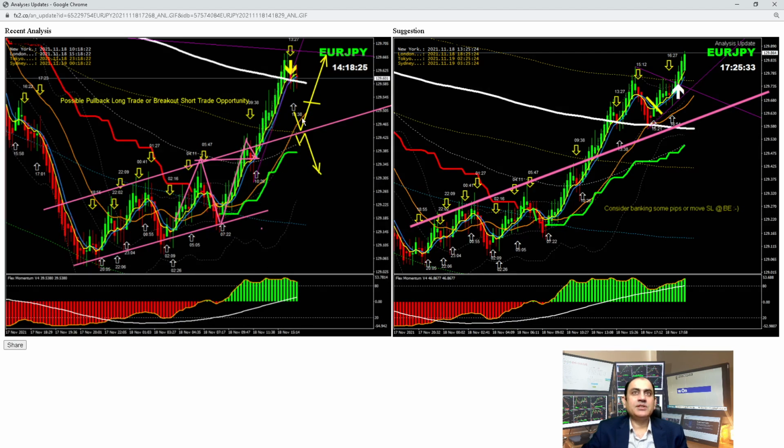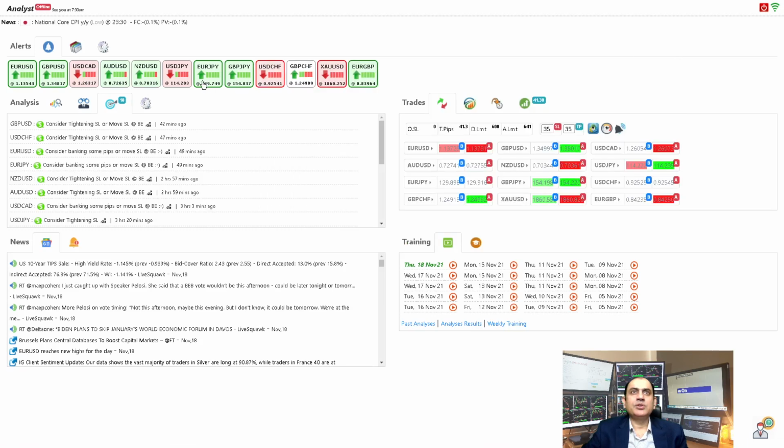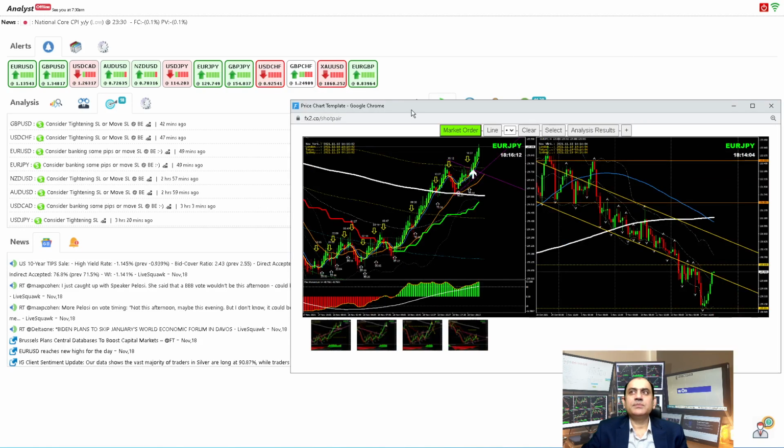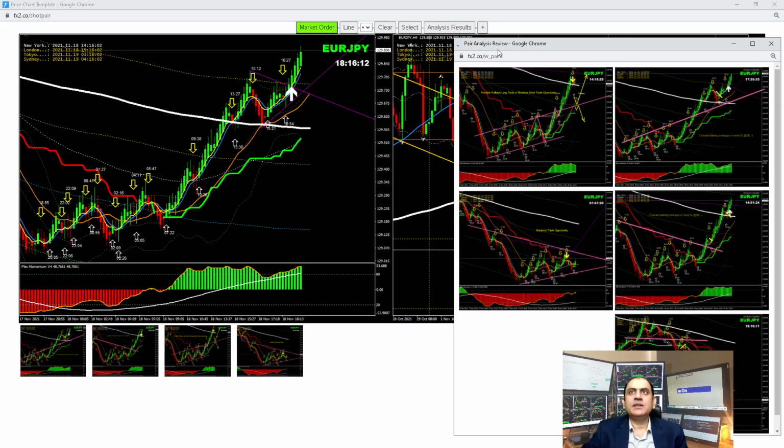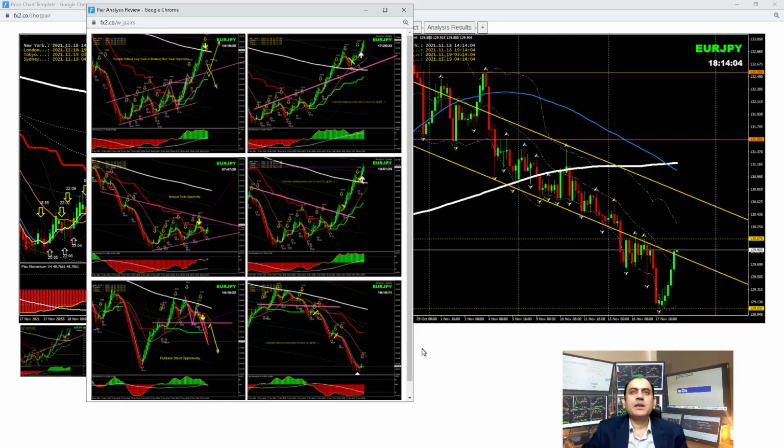This is a market structure, expecting another pullback at this level. You can see here we have another beautiful pullback long here. We have an amazing trade on Pound Euro Yen today, long, as you can see here. That's what we explain. If you show you my intraday analysis, we have